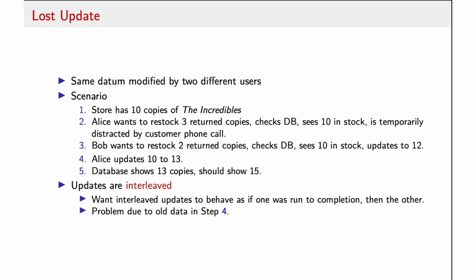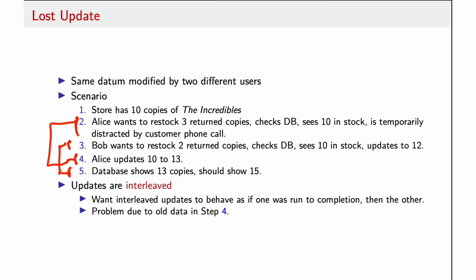What we'd want to do in this case is to create a transaction for Alice's updates that would include step 2 and step 4, and a transaction for Bob's updates that would include step 3 and step 5. Right? So there's a transaction there, and there's a transaction here. And again, the behavior that we're trying to come up with is to put the database in a state that would be consistent with these transactions executing serially